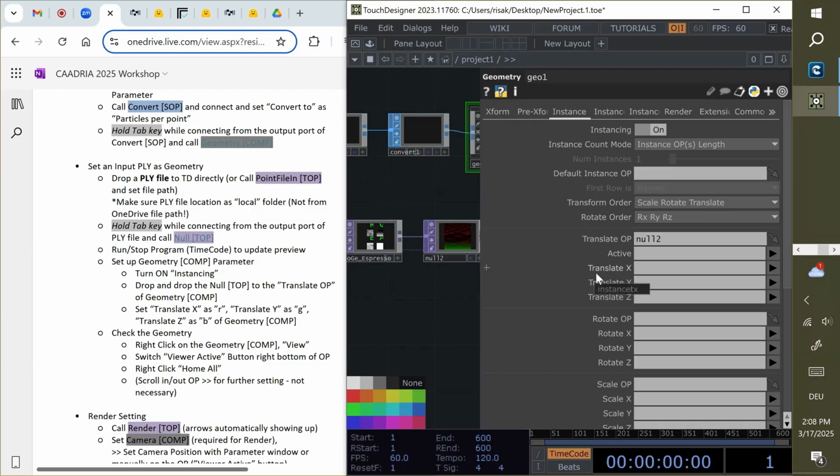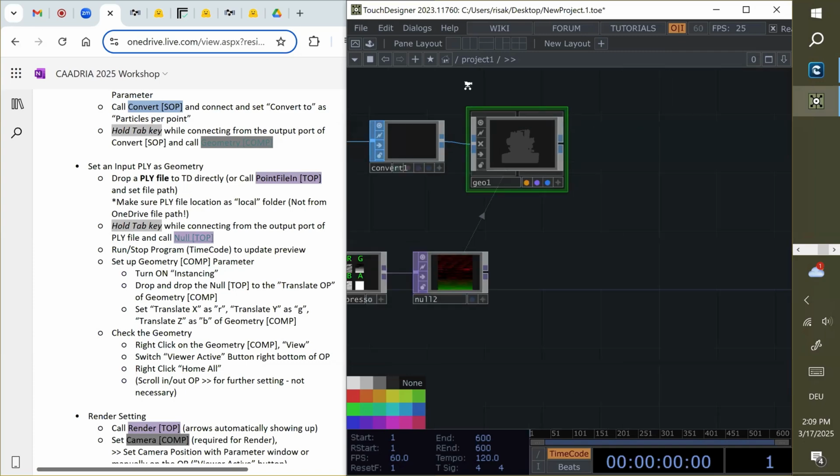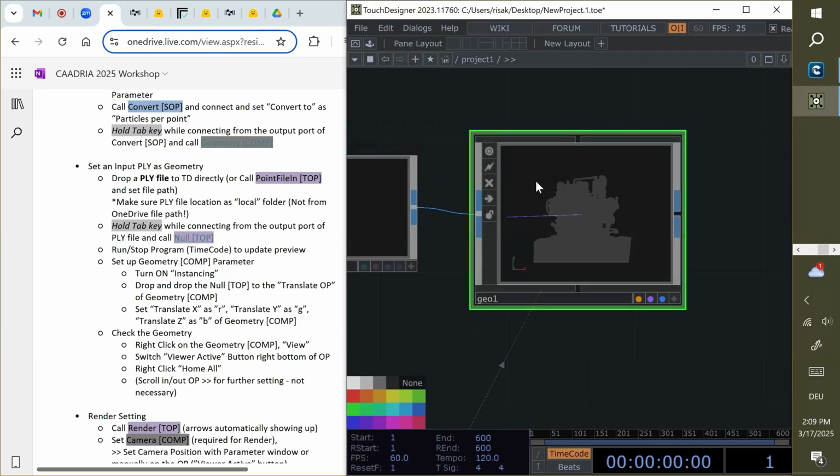And there are parameters Translate X, Y, Z. So you just select X as R, Y as G, Z as B. So it's RGB. Okay, so if you go to geometry, you see already something here as gray stuff.